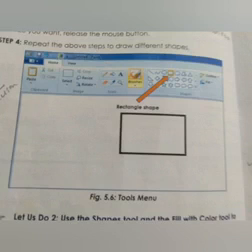Rectangular, you have to draw the rectangular shape which is given in the figure. You can see different shapes are given there. You have to drag with your pencil, make whatever size you want, and release the mouse button.